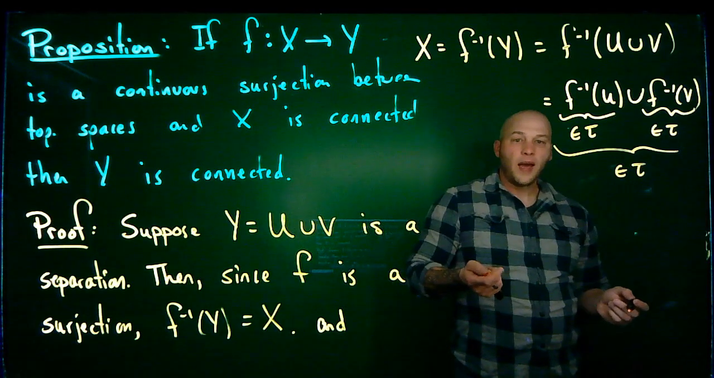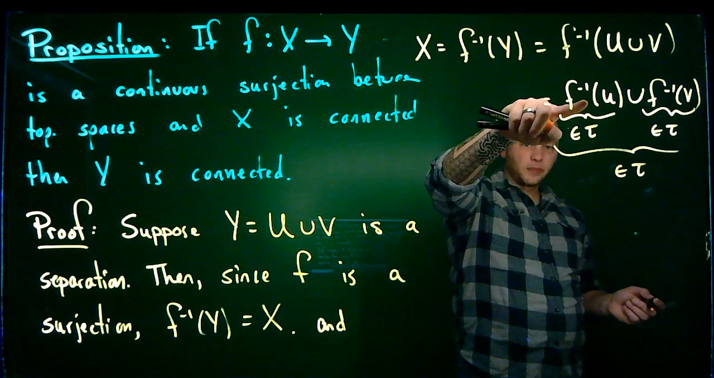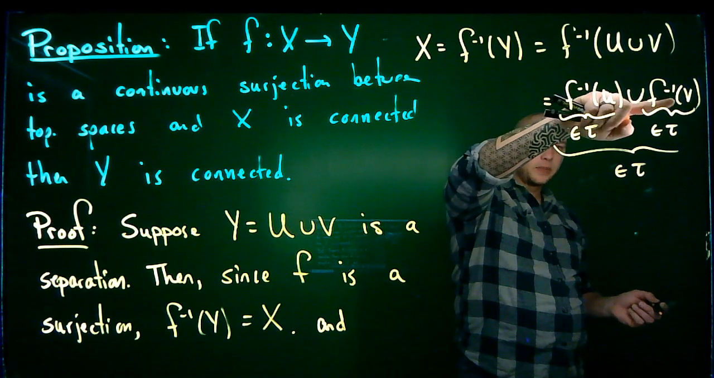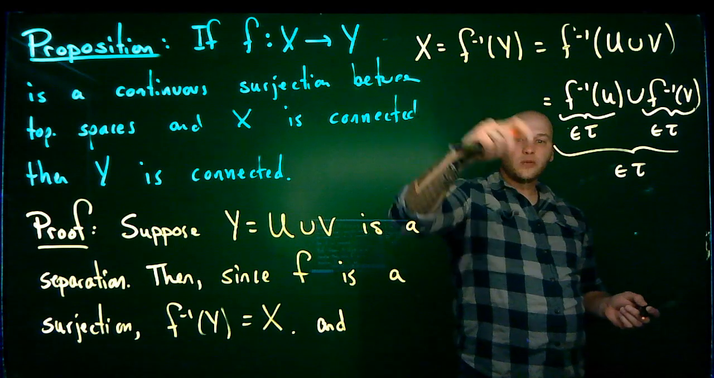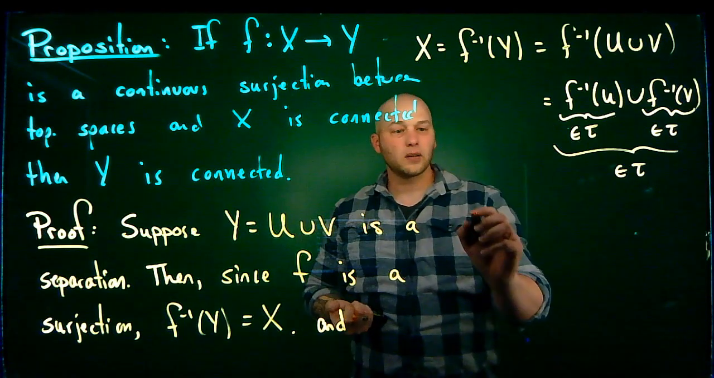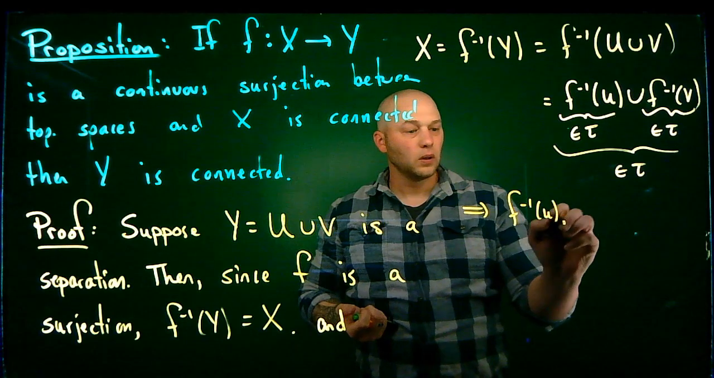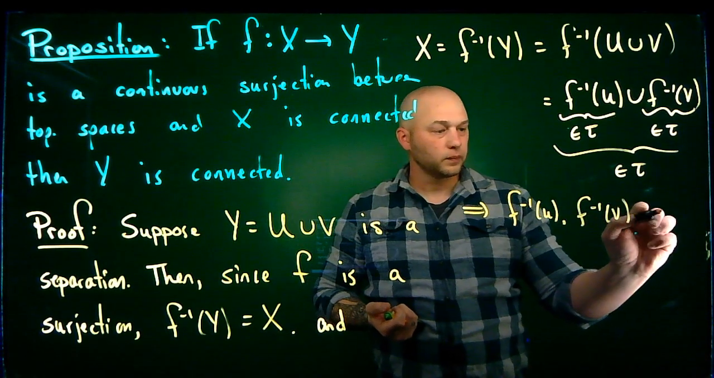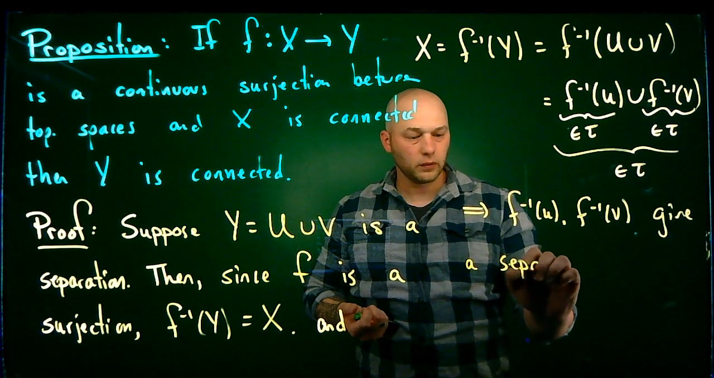And now what do I have? This is not only an open set, but it's non-empty. This is an open set and it's non-empty, and they're disjoint. Therefore, what we have just done is we've created a separation of X, which says that the preimage of U, the preimage of V,